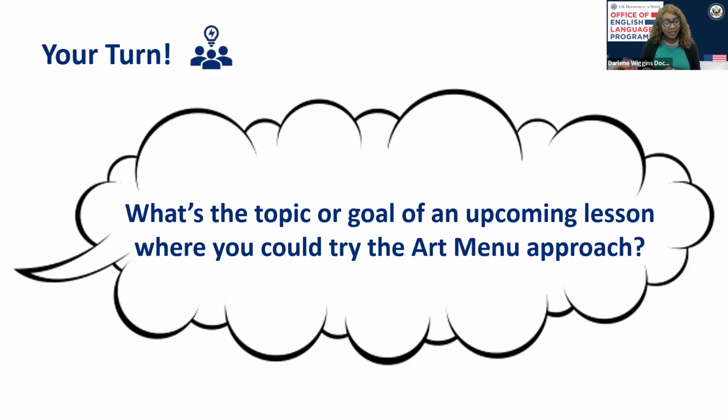Then from Amanda, we have I'll use the art menu approach in a lesson about emotions. Students can choose to draw, act, or write a poem to show how they feel and why. And then Rabia said, make puppet art with available material for exposing my thoughts. Thank you for that response, Rabia. I must have really liked it. I'm about to read it twice.